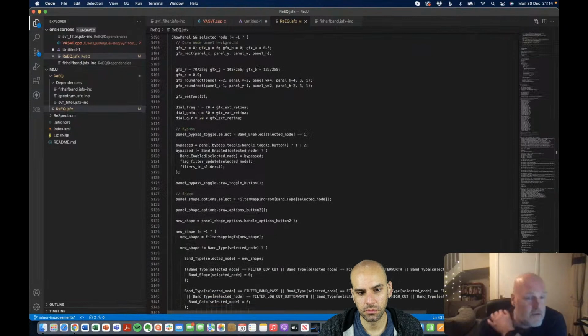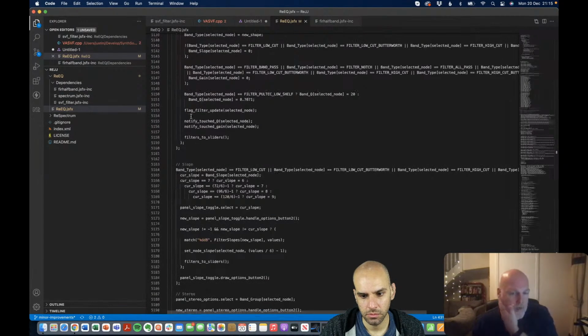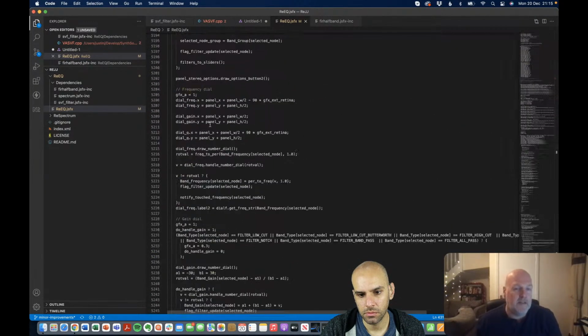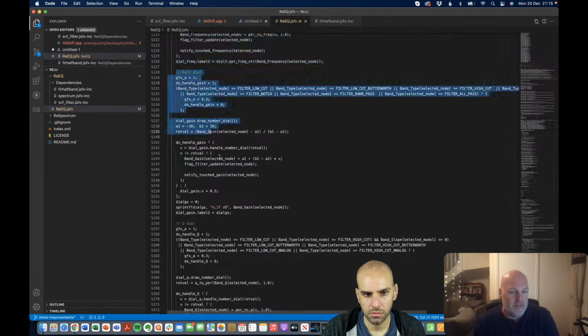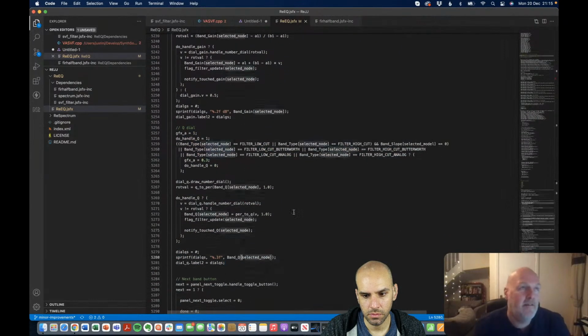Absolutely, it's really straightforward. I suppose at some point as this built out, things like the dials and so on, in the ReEQ panel that you can move with the mouse, it's kind of systemized. You can see various areas here where we're dealing with drawing and handling the mouse with the frequency dial, gain dial, Q dial. In another kind of language maybe, or even in this, if it was more componentized from the offset,